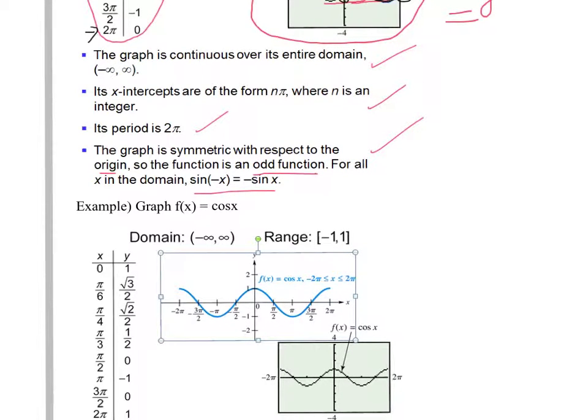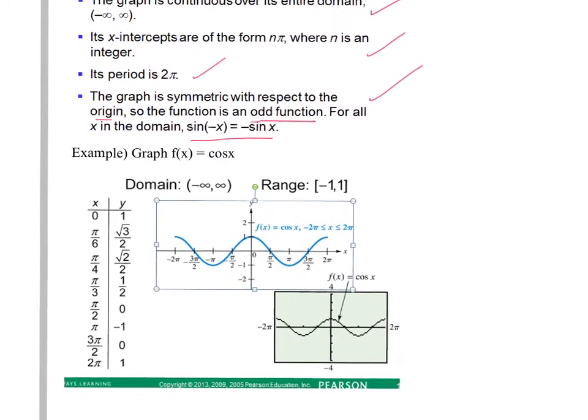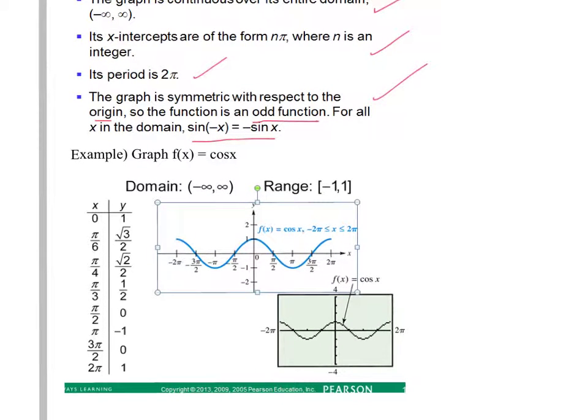Now let's take a look at cos x. Again, I'm using the technology to graph it for starters, but I could just produce a table of values, relying on the unit circle, which we'll talk about in a moment. So let's say you typed in y equals cos x, and you were able to produce this